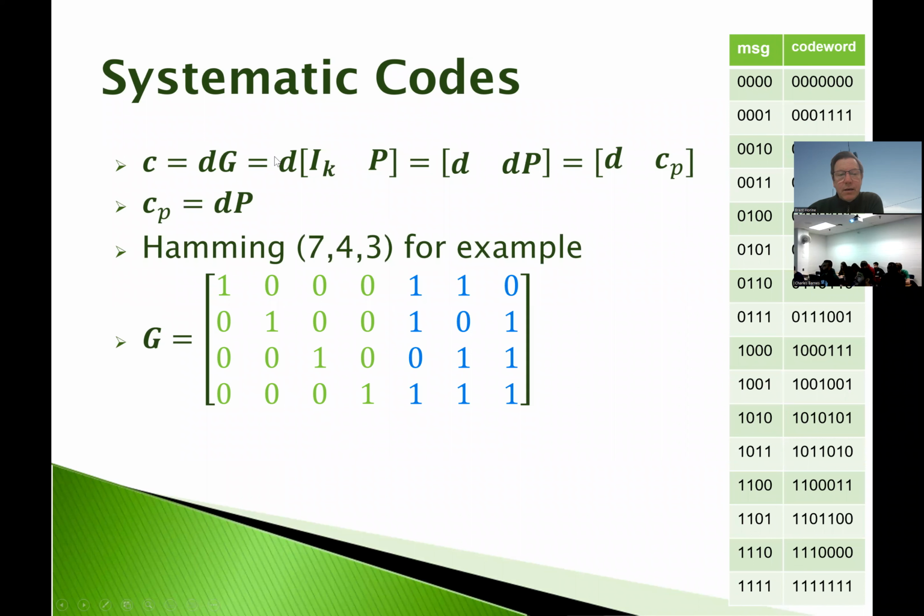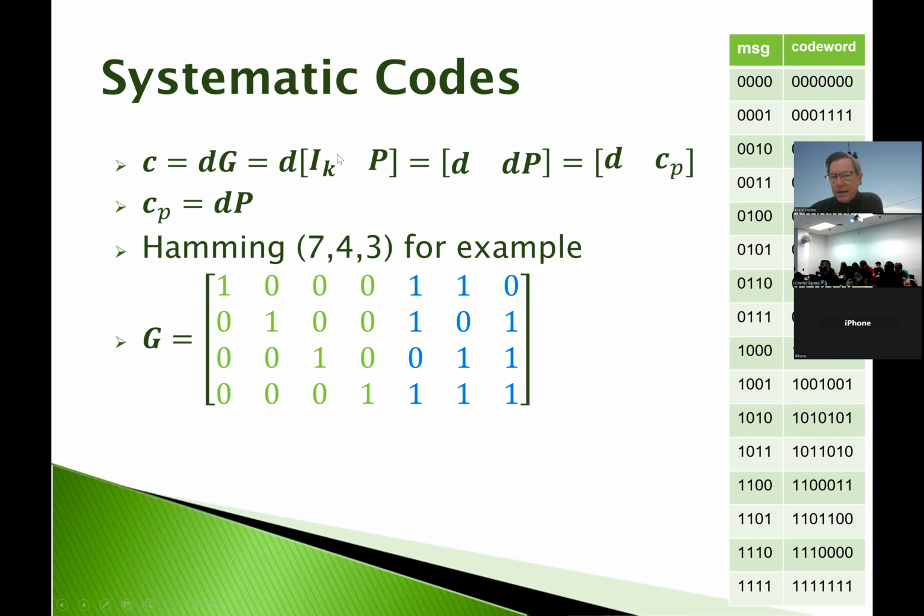Actually, it's not really a set of code words. It's going to be a particular code word, a number of bits that corresponds to this vector D. So C and D are typically vectors when we're actually operating with this, and G is a matrix. Again, we noted that G is a K by K identity matrix concatenated with the parity matrix. We can multiply those through, and